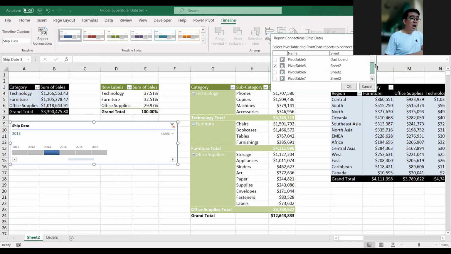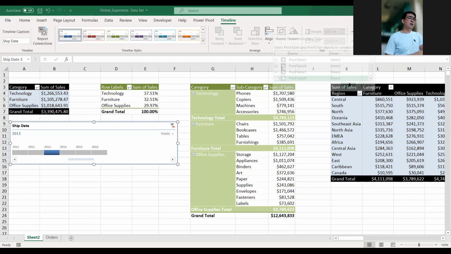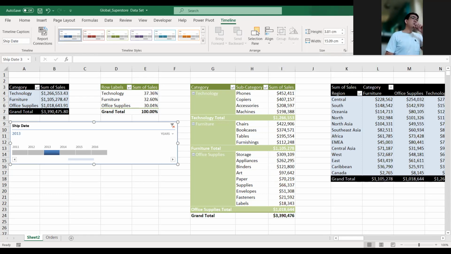Yun po yung mga naka-insert na before. Pero yung mga in-insert po natin dito definitely is pivot table 6, 7, and 8. Then, I'm going to click the OK button. Ayan. Right after I click all those three,